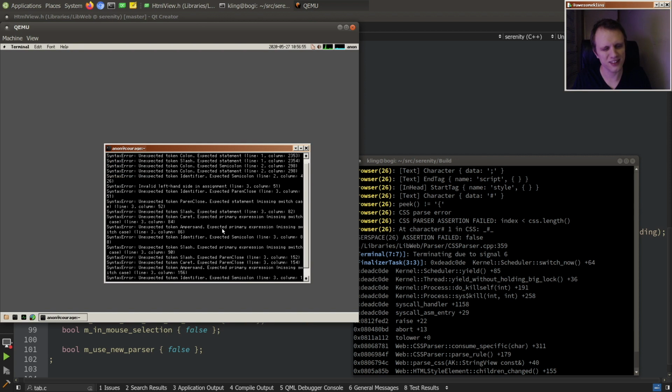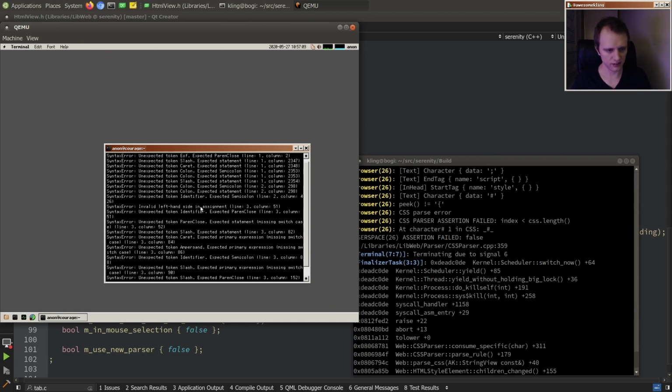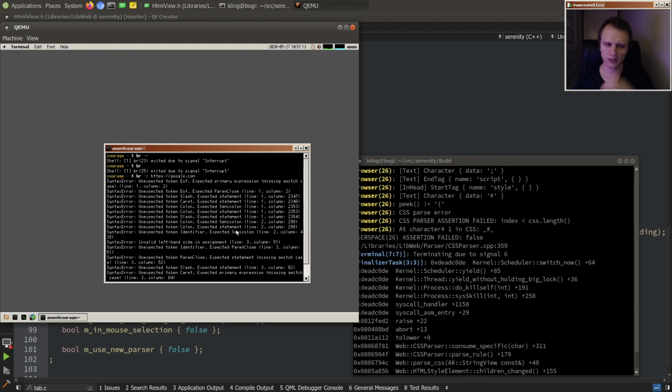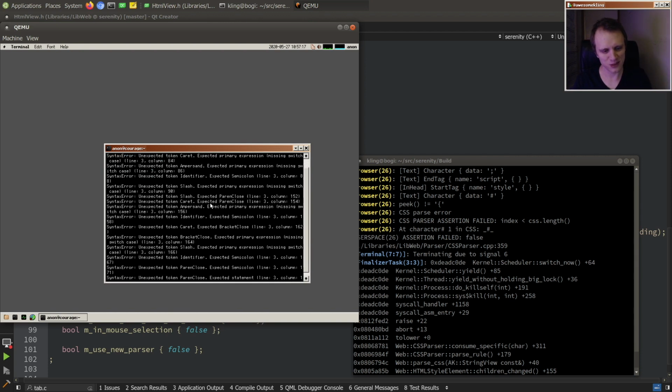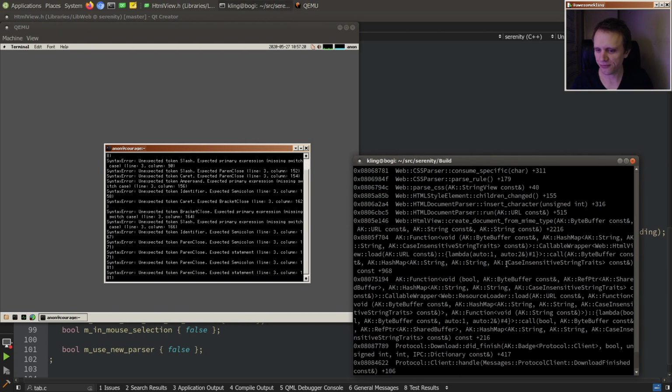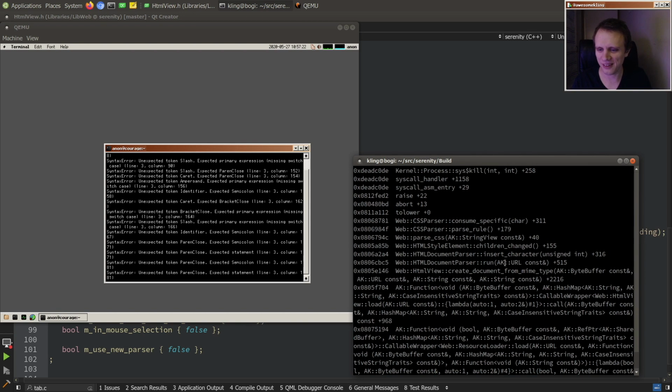It's funny though, because people are working on the JavaScript engine. It's not just me, right? So I got Linus and a bunch of other people regularly working on the JavaScript engine. And I feel like the list of errors here, every time I load Google, I feel like the list shrinks a little bit every day, which is cool. So maybe one day it will be completely gone. We'll see. But anyway,